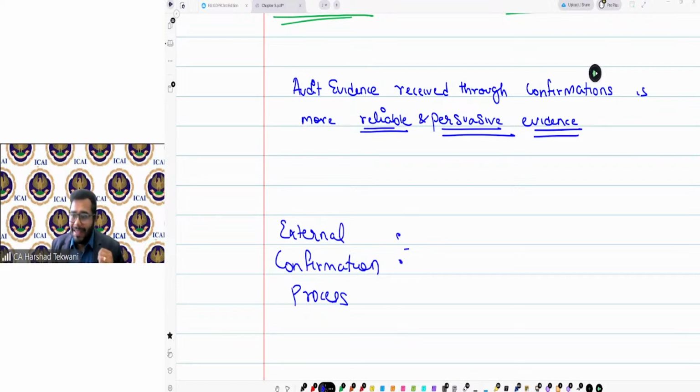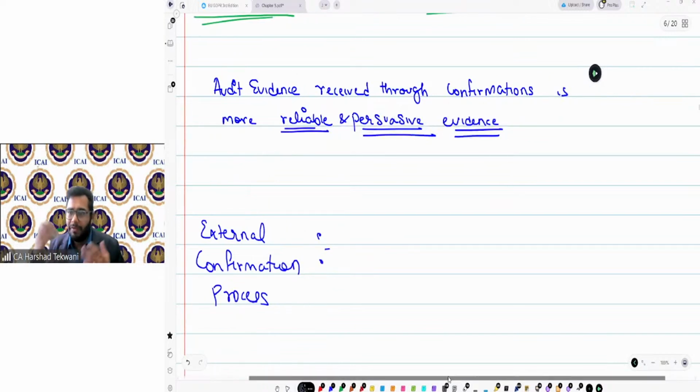Now, that problem means the confirmation process was not done appropriately. I'll tell you a process, and you tell me where the issue is. Let's say I want to roll out a confirmation; I'll write a process for it, and you tell me where I'm going wrong.